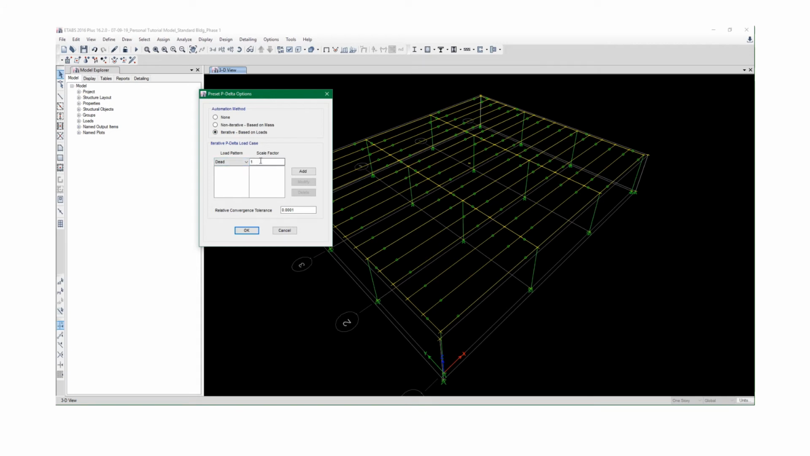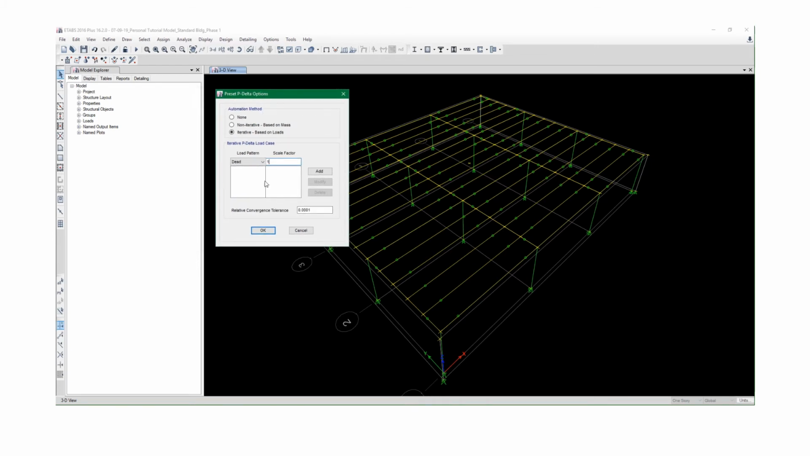The load patterns and scale factors should correspond to the critical P delta load case. You can read into this from ETABS. There's a nice write-up on it. These are basically our same ultimate load factors that we used before when we did RAM. So we'll bring in our dead load and our live loads as our